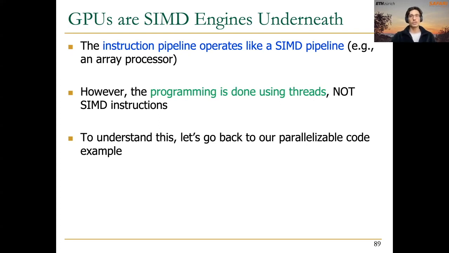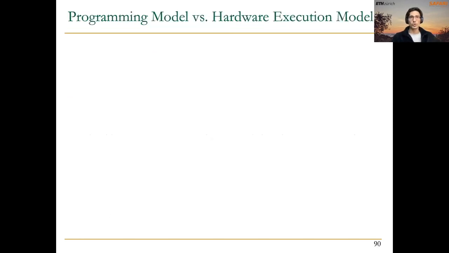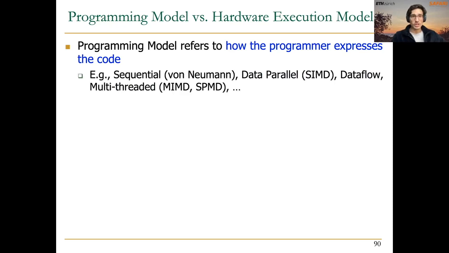But first of all, we have to distinguish between what we call the programming model, a term that refers to software, and the execution model, a term that refers to hardware. Programming model refers to how the programmer expresses the code, and it can be done in different ways. You, as a programmer, can write a sequential C program. You can write a parallel program, for example, if you use AVX instructions